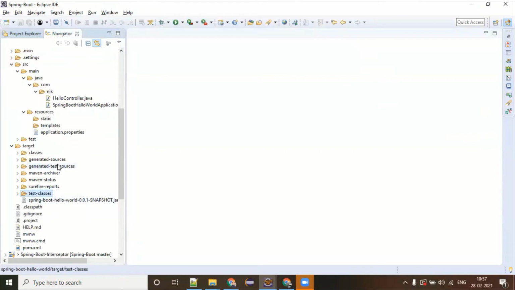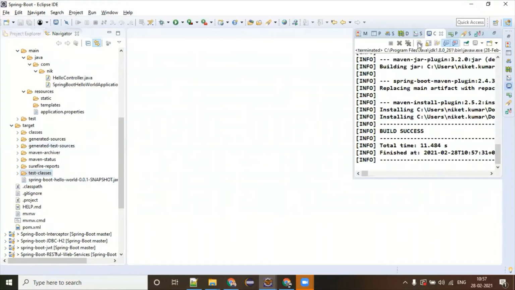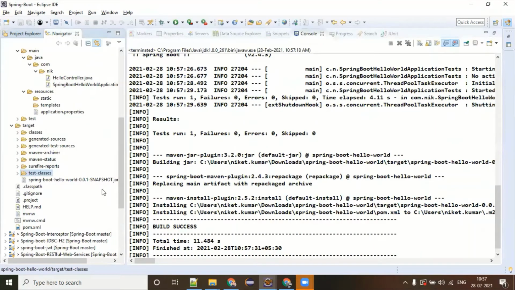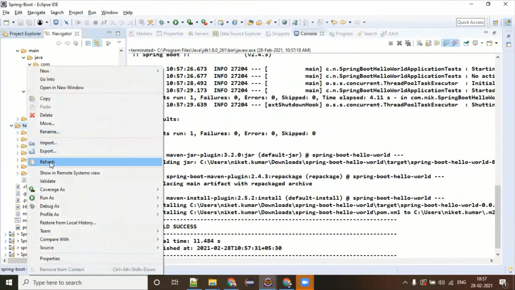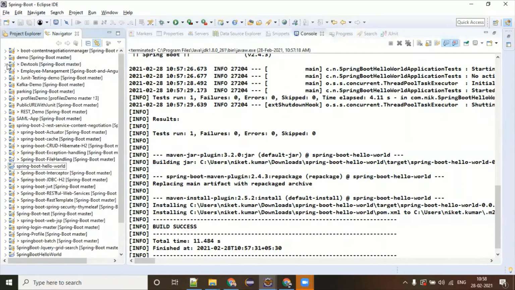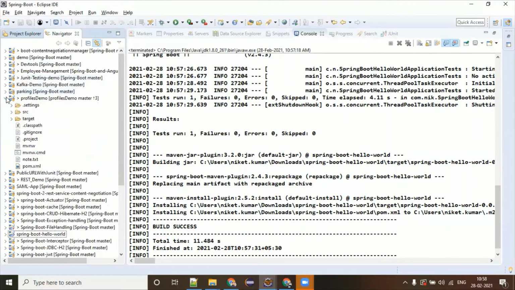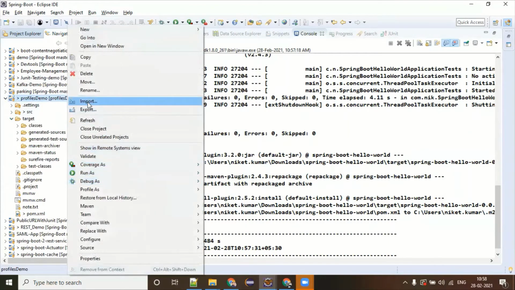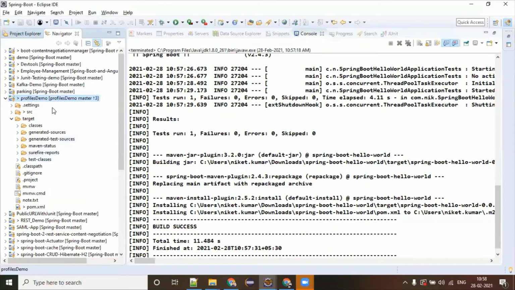Default jar, building jar, target folder, but where is the jar? Just refresh the folder. Sometimes it will not be there. You are right. That is the mistake we were making from that time. Now I come to know. Here also the jar has been created. We were not refreshing it.